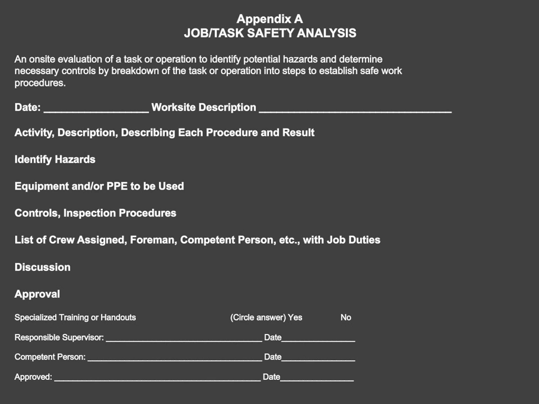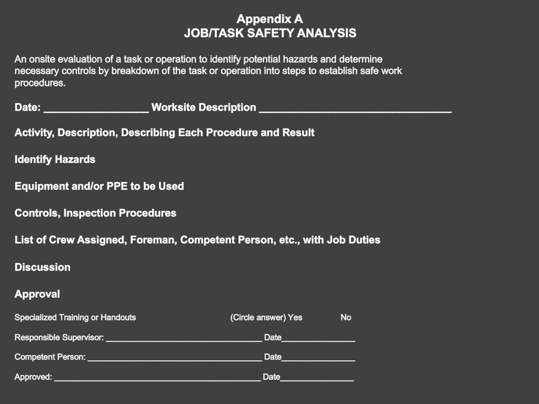You put the date on it, you put the worksite description, and then you give a very simple activity description and describe each procedure and the result. What you don't want to do is to have a procedure that you're going to do and not have it covered. That's where a lot of people get into problems. So then you identify the hazards with whatever it is you're going to do. You make sure you identify the equipment that's going to be used, and then if there's controls and inspection procedures,